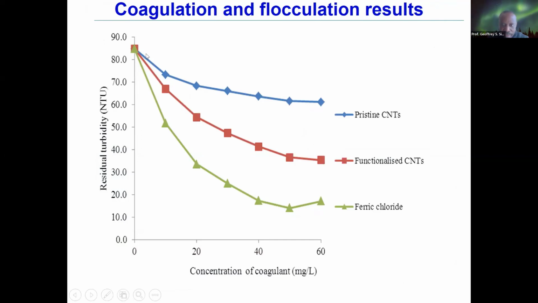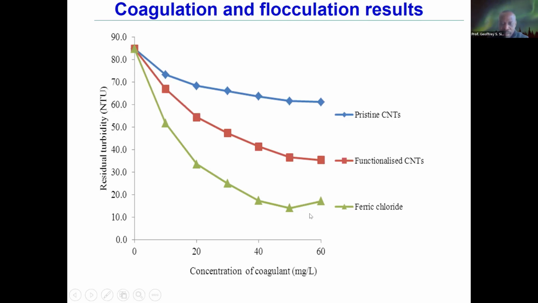But we can see that ferric chloride on its own was a good coagulant. It reduced the turbidity of the brewery wastewater quite extensively, better than the functionalized carbon nanotubes and the non-functionalized carbon nanotubes. I think the reason is because of different mechanisms that might have been there. For example, if you look at the ferric chloride,